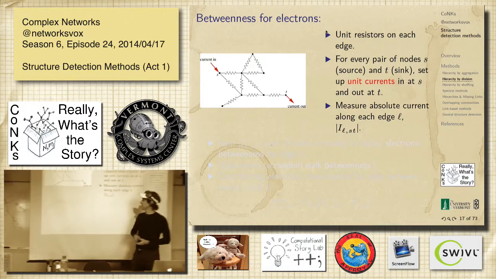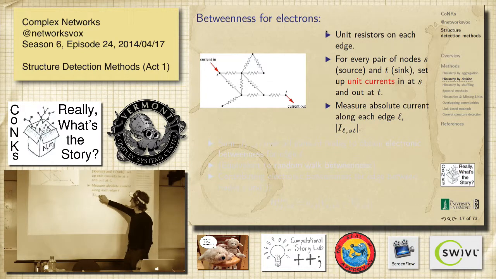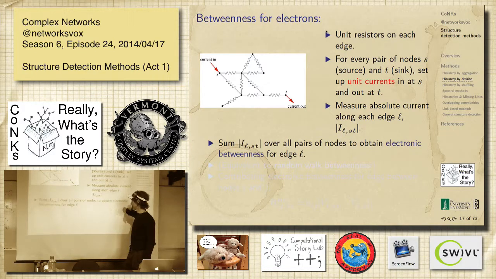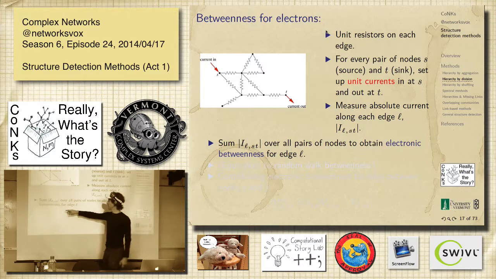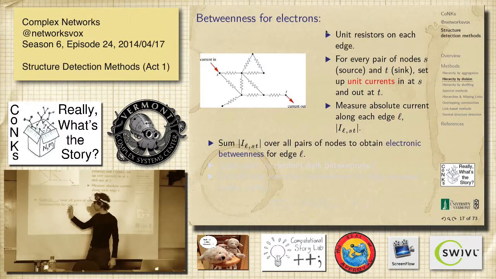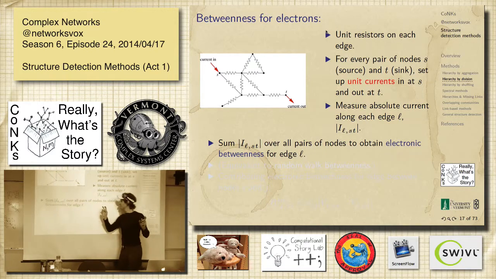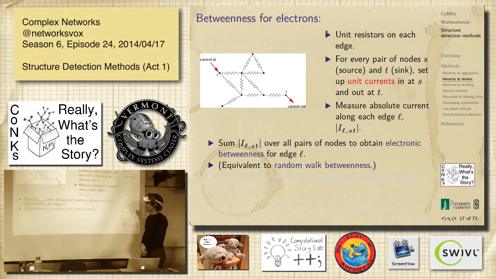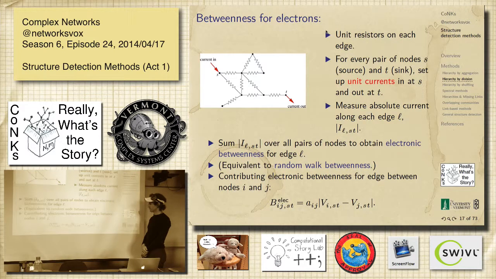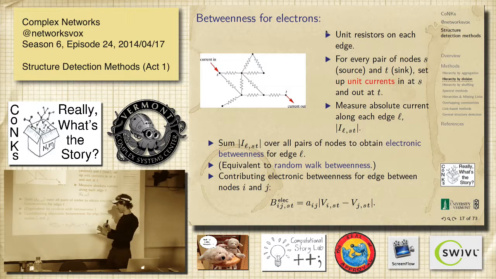Okay, so here's the plan. We're going to measure the current along each edge, given that start and end current situation, and then we'll sum over all of them. Given every pair of S and T, we'll go through all of those pairs, so n choose 2 pairs, and go either way, and then sum all of the absolute values of these things, and we'll get some betweenness, right? Electronic betweenness. As I said, we'll get to that. That's actually a bit of extra work, but we'll get close to it. Okay, so I think this is right. I had to change it.